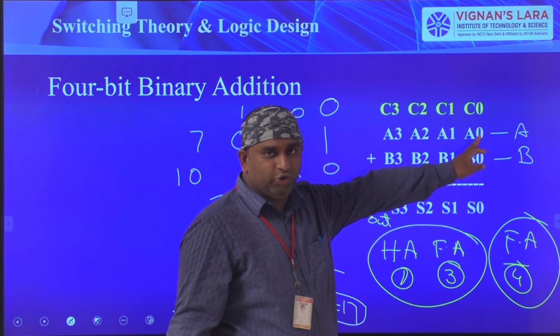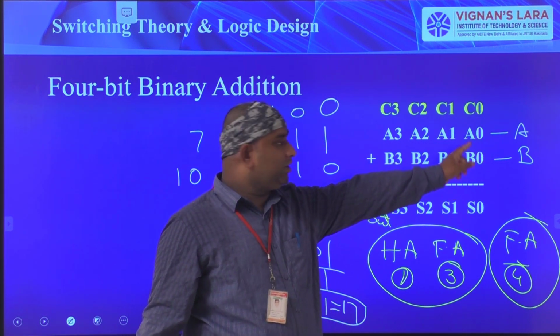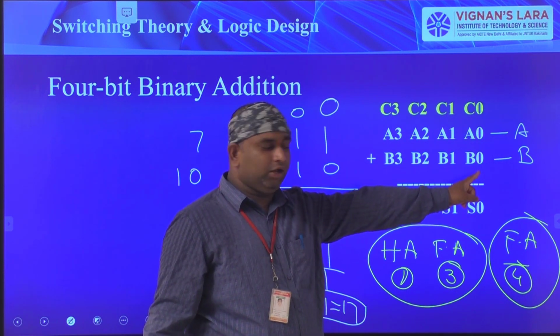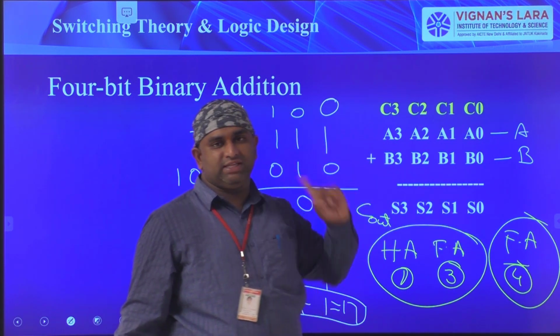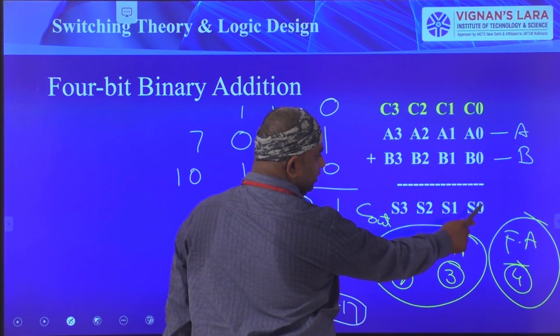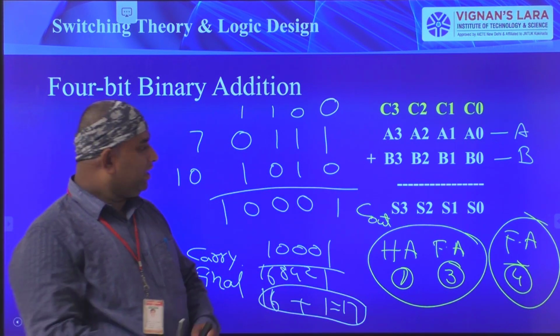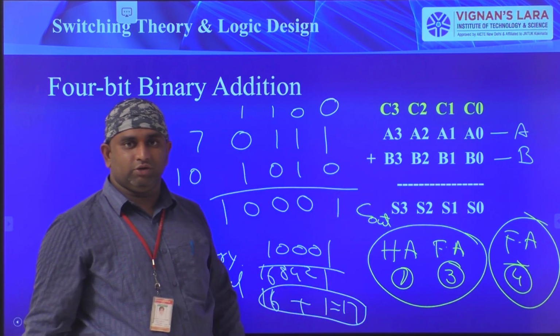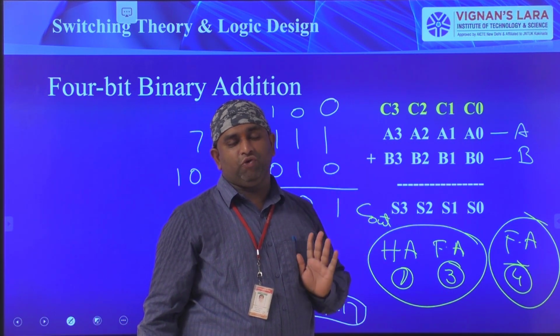After doing the addition operation between C0, A0, B0, that is C0 plus A0 plus B0, this is the sum, S0. I got S0 and the carry is C1. Okay. So I said that if it is 1, 0 is the S0 and 1 is the C1. Like that I am doing this operation. So this is the standardized representation for the 4-bit binary adder.